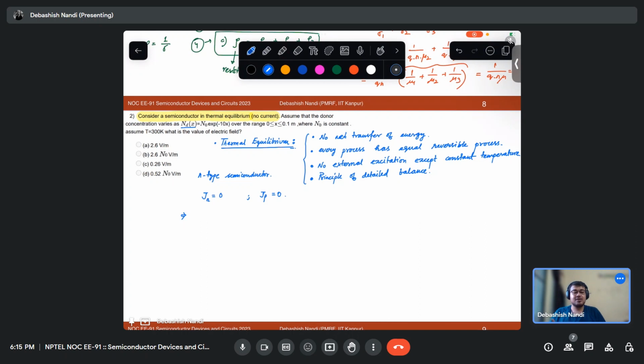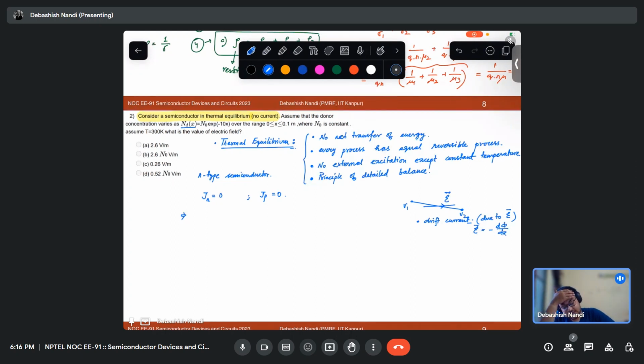So what is drift? Presence of potential gradient. That means if there is some potential gradient, so this is V1 and this is V2, there is some presence of electric field. If there is an electric field, charged carriers will move. We have discussed this in the last two sessions. This mechanism is called drift current, due to electric field. And what is electric field? It is nothing but your minus d phi by dx, the potential gradient.